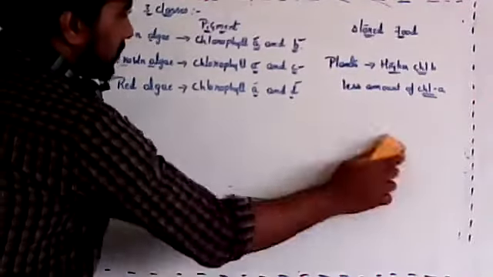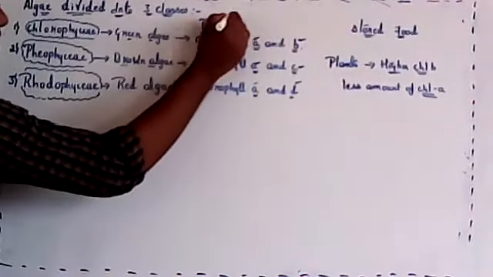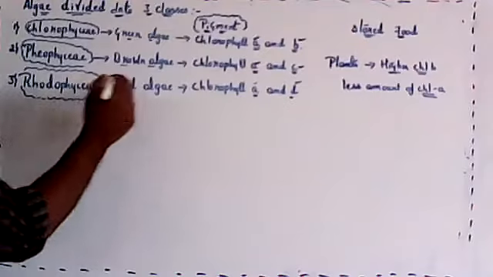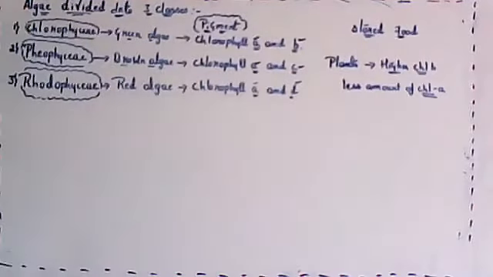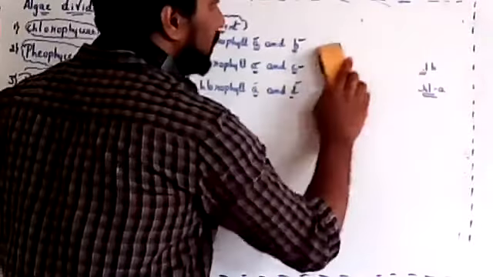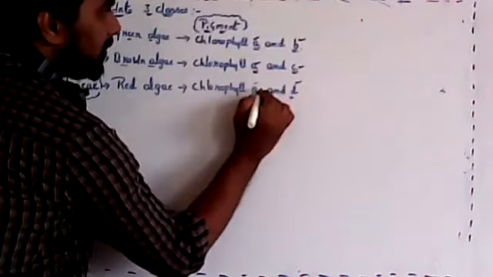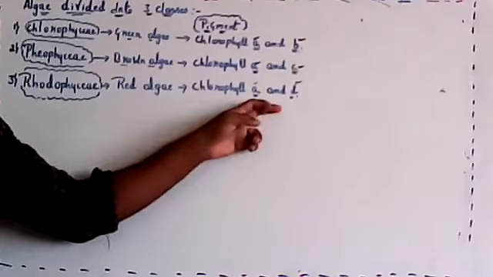Yeah. So they have a pigment. Above you can see it is known as pigment. Chlorophyll A and B pigment is present in green algae. Then in brown algae, chlorophyll A and C is present. Then in red algae, chlorophyll A and D is present. Okay. So AB, AC, and AD. It goes in alternate sequence: A and B, A and C, A and D. So brown algae AC, red algae A and D.